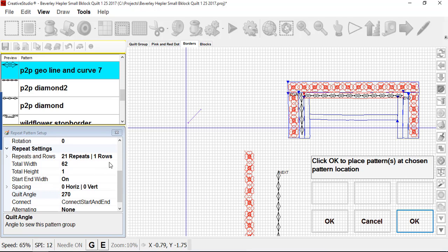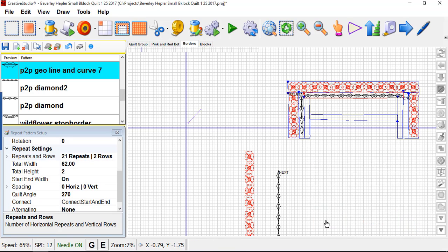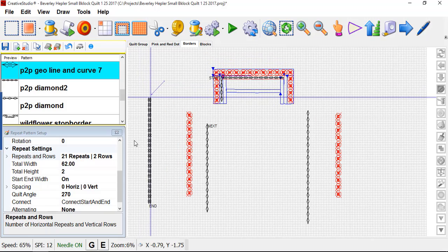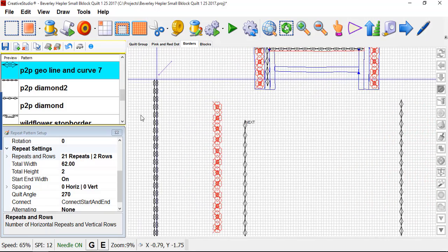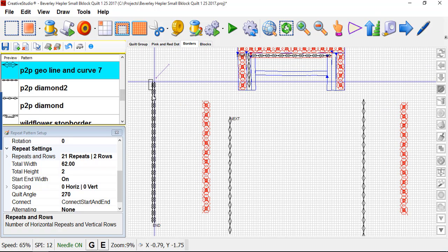And I need 2 rows because I have one on the left and one on the right. So I'll go ahead and do 2 rows here. Click OK. It'll put those 2 rows on the screen, and I am going to try to select this 1 row here